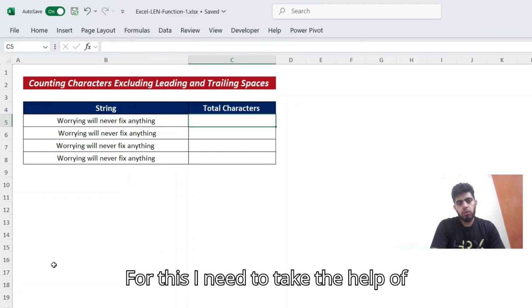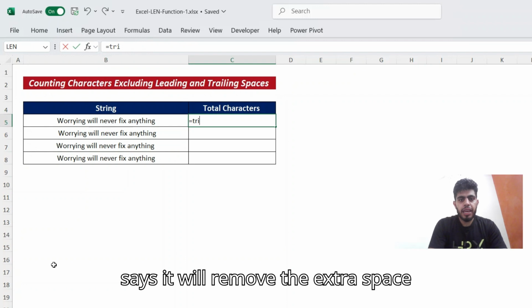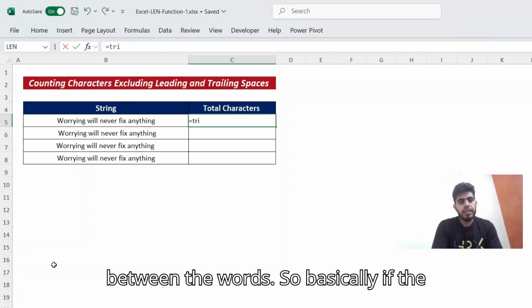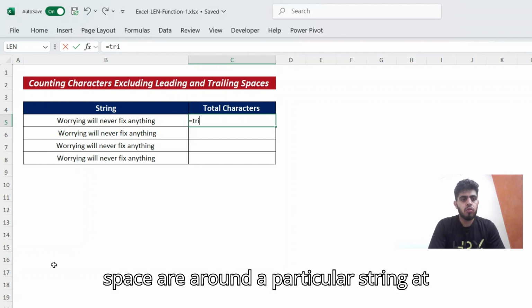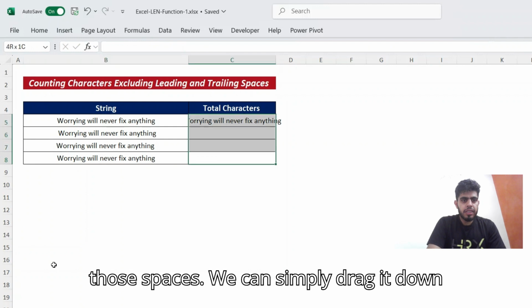For this I need to take the help of the TRIM formula. What the TRIM formula says, it will remove the extra space from a string except for a single space between the words. So basically, if the spaces are around a particular string at the beginning or last, it will remove those spaces. We can simply drag it down,